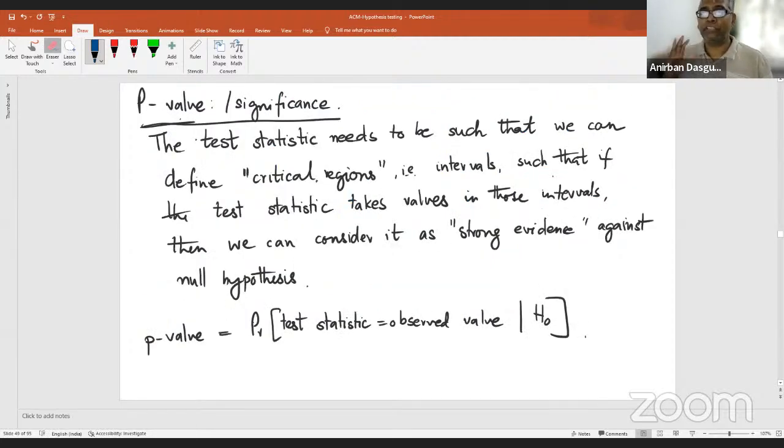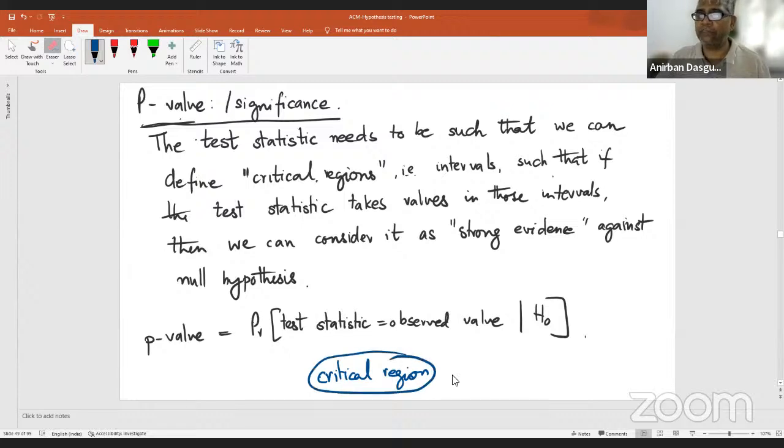Okay. So just to go forward, the significance of the test. When do we reject H0? Typically there are two things: there is something called the critical region of the test statistic, and then there is something called a p-value. Basically these two are interlinked. You should think about the critical region first. The definition of the critical region is basically that